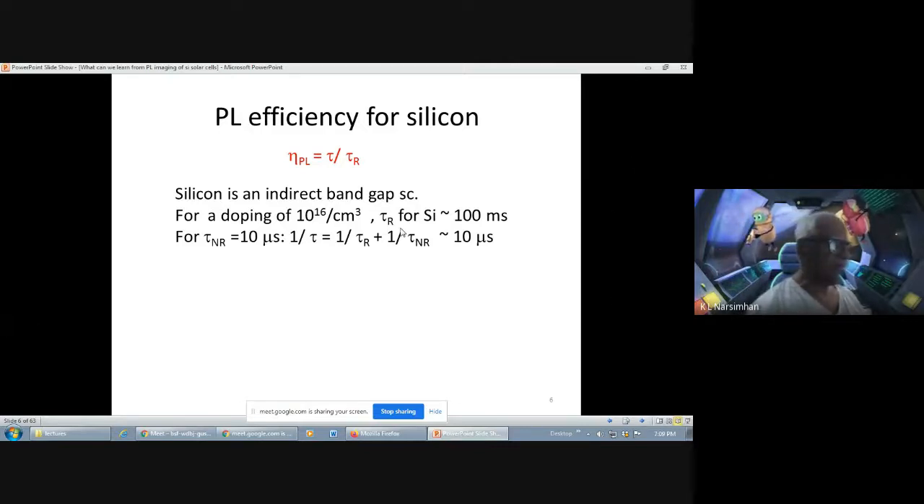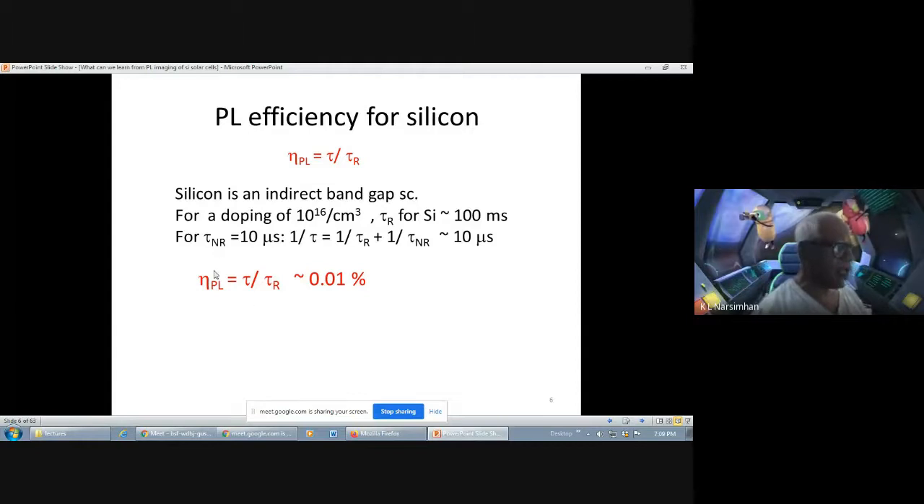The effective lifetime is that of the non-radiative lifetime. So that means my eta BL is 0.01%. So this is very, very small. Consider if you had a direct band gap material, we had close to 90%, and silicon is an indirect band gap material. We have 1 part in 10 to the 4 is what my